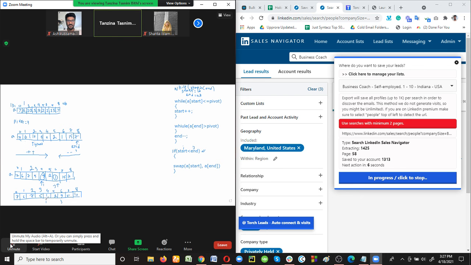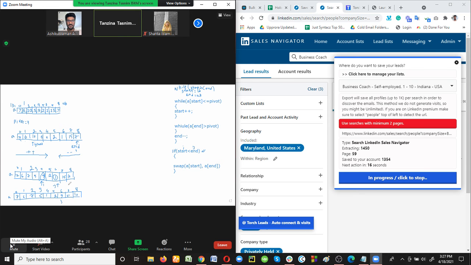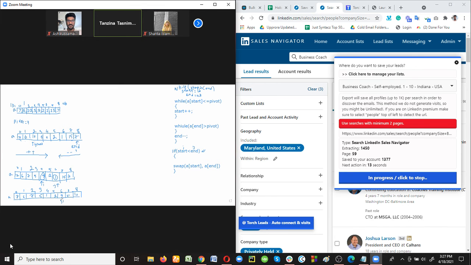So again, compare it with the pivot element. I equals 4, so A4 equals 1. Is it less than 7? Yes. That means the condition is true. Again, I plus plus. What is the new value of I now? I equals 5. So A5 is less than the pivot element. Again, I plus plus. What is the value of I now? I equals 6. Now compare this element with 7. Is it less than 7? No. Now here we'll stop the incrementation process.